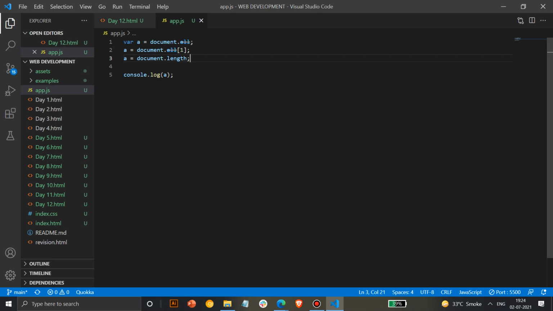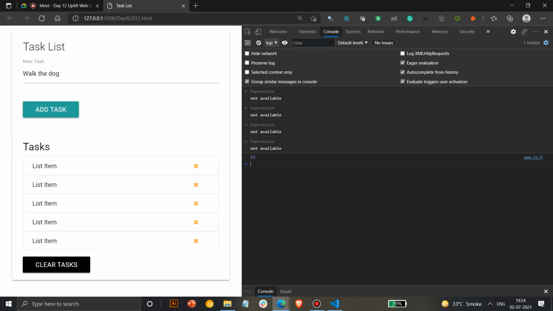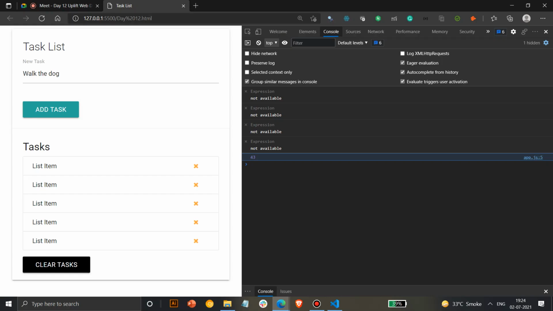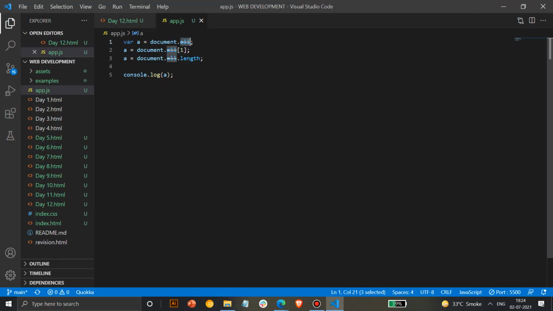Okay, so I think document.all, I have to do all.length. So it will count all the elements, and it shows the number of elements in the collection. There must be 43 when we console log, it shows all the 43 elements, and if you have to specifically get the length, you can do .length. This is just one aspect of it, and there are many you can go ahead with.